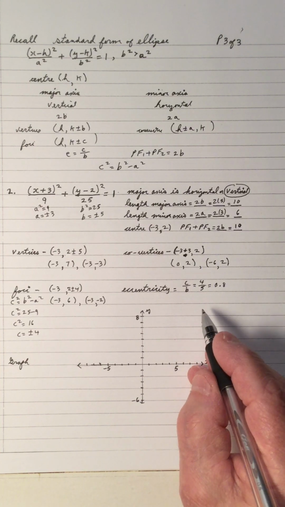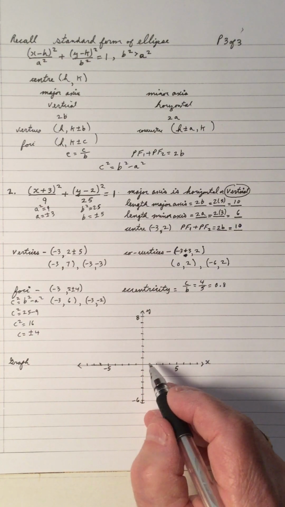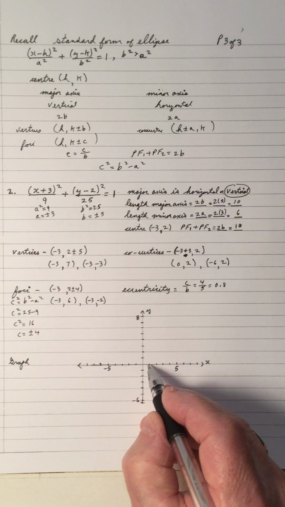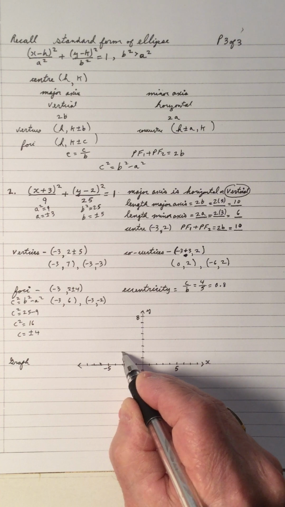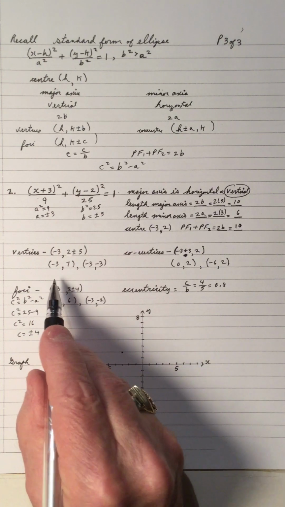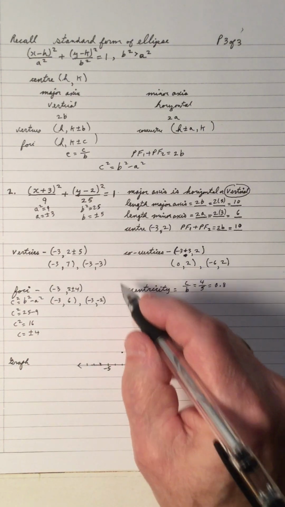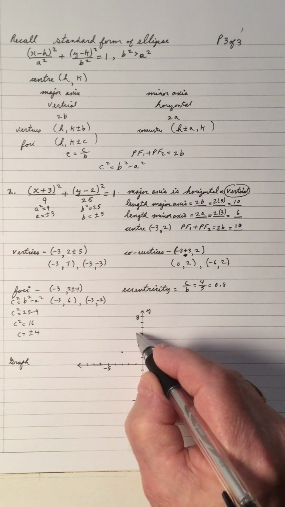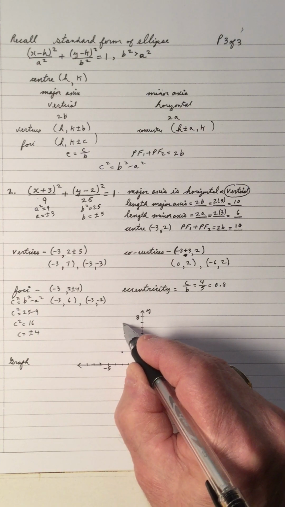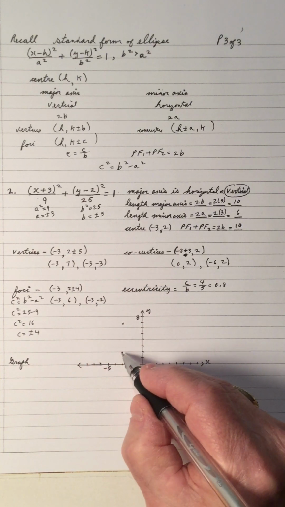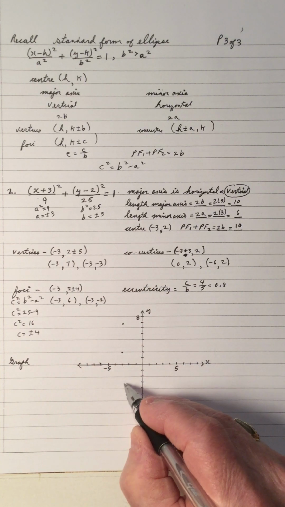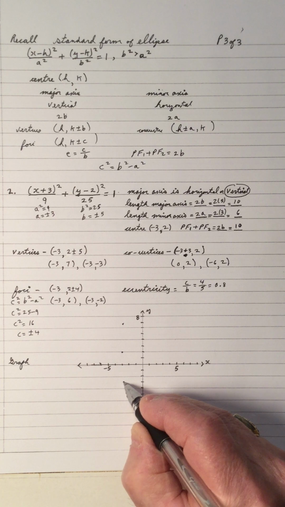Now we got a graph. The center is x is negative 3, 2. There's the center. And the vertices lie on the vertical. So it's a negative 3, 7, which is right there. And it's a negative 3, negative 3. Now how I do this